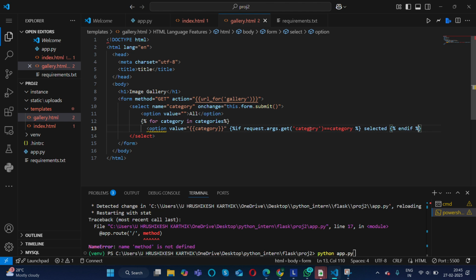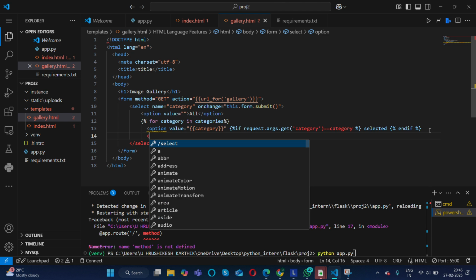Yeah, open if statement. So when we are using it inside HTML, we need to first open it and then close it, just like the tags. And here I'll again close this for loop after the successful completion. So I haven't closed the option tag.